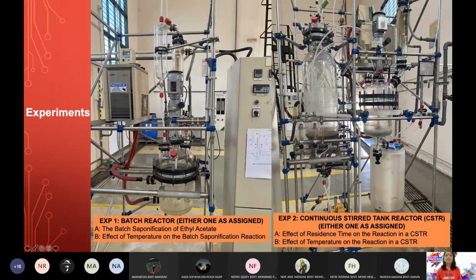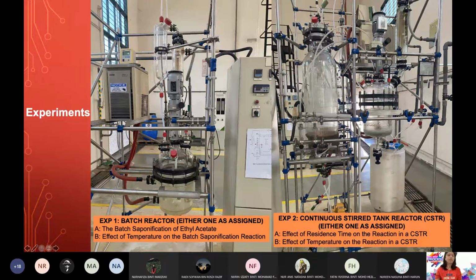Nanti saya akan terang pula pasal jenis-jenis reactor. Okay, but the first type is what we call batch reactor, experiment 1. Experiment 1 pun terbahagi 1A dengan 1B. Okay, you will do either one. Salah satu saja, kamu takkan buat dua-dua. So either you do experiment 1A or experiment 1B, I will assign you which experiment. Okay, so this is an example in our lab of our batch reactor. Later I will teach you even deeper on understanding how the reactor works. Okay, kalau nak tahu yang reactor mana satu, the vessel ni yang saya tengah highlight ni, this is your batch reactor.